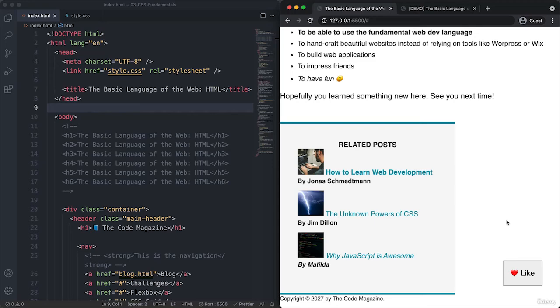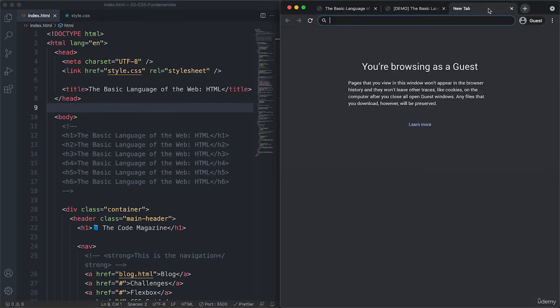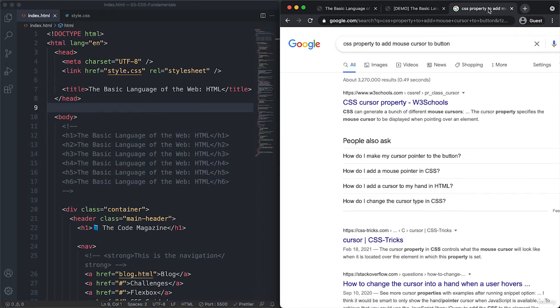So in this case, this is what I would do. I would Google CSS. The first word that I always use when I'm searching something related to CSS is CSS. And then let's say, CSS property to add a mouse cursor to button. So this is basically what you want to achieve, right? And then in the search results, usually you want to look for